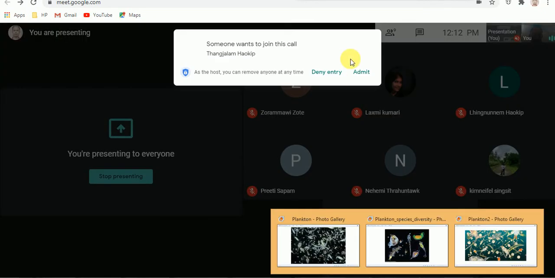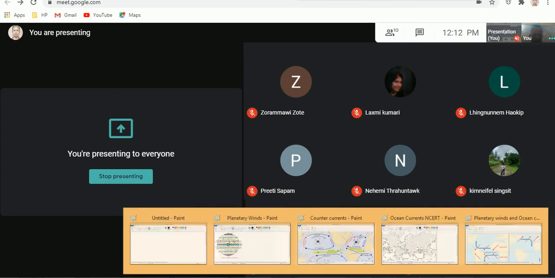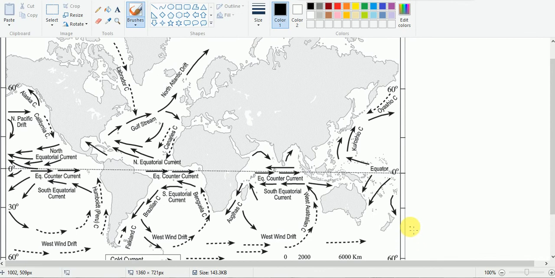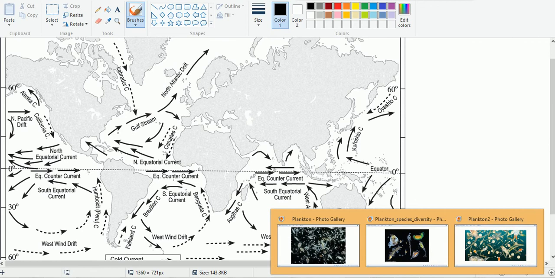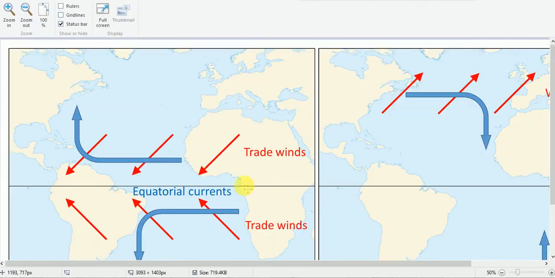See, this is the diagram. This is the map taken out from your book, and before that we may also see one more diagram here. And we know that when we correlate the planetary wind with these ocean currents, see here, let us say